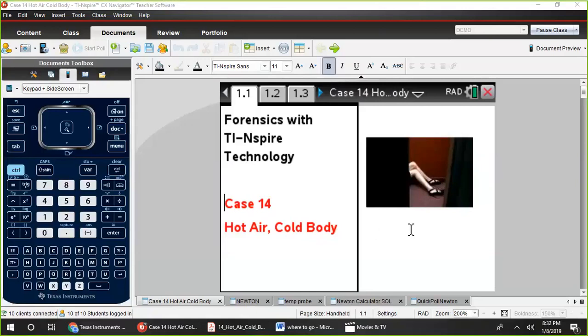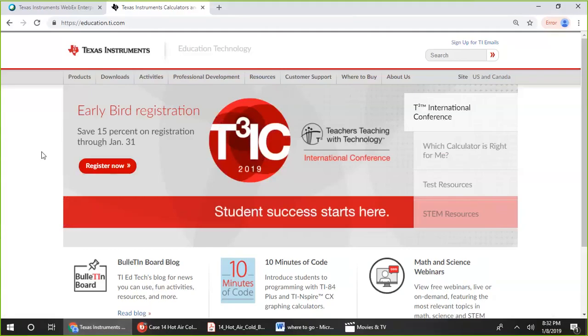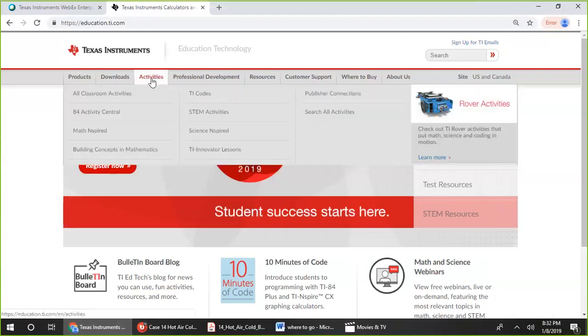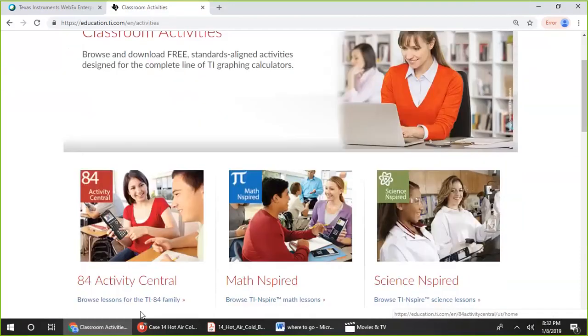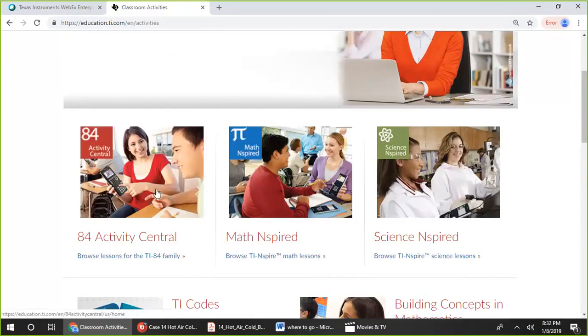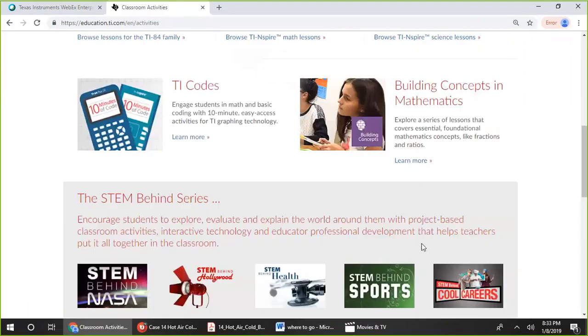If you're looking for ideas to get started with data collection, the best place is the education.ti.com website. When you choose activities and all activities, you can find all of your lab options for the TI-84 and the TI Inspire for math, science, and STEM, and lessons including the CBR2 from modeling functions from linear to sinusoidal, parametric plots, the pressure probe for inverse functions, and so much more.